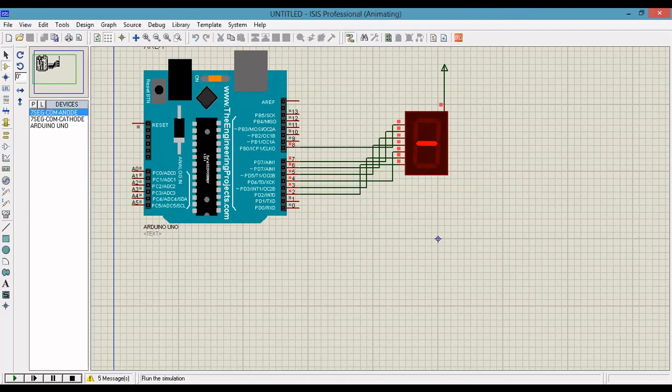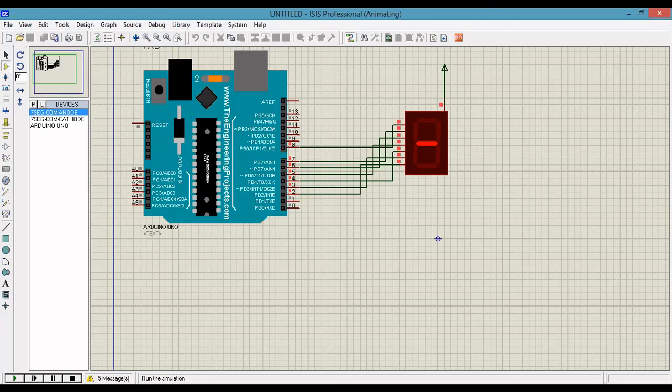The same value I gave for common cathode means except G, all the remaining LEDs are on. In common anode connection, only G will be on, and the remaining all are off. What it means is, if you give 1 the LED will be off, 0 means on. That is called common anode connection. In common cathode connection, 1 means on and 0 means off.